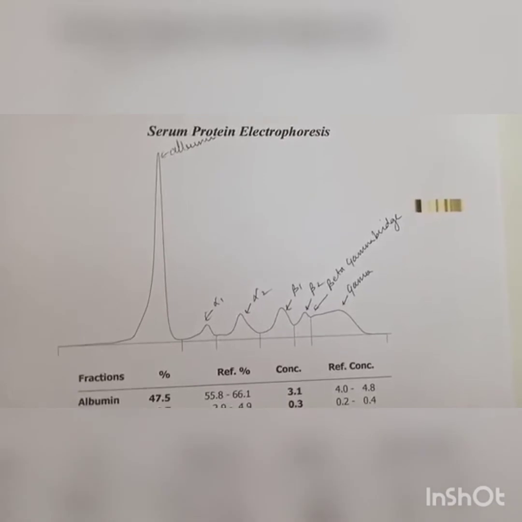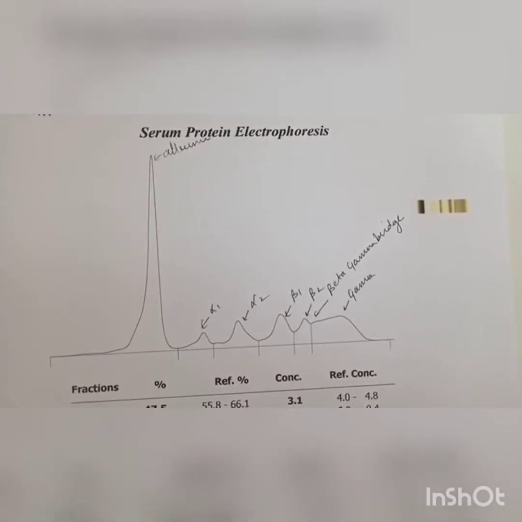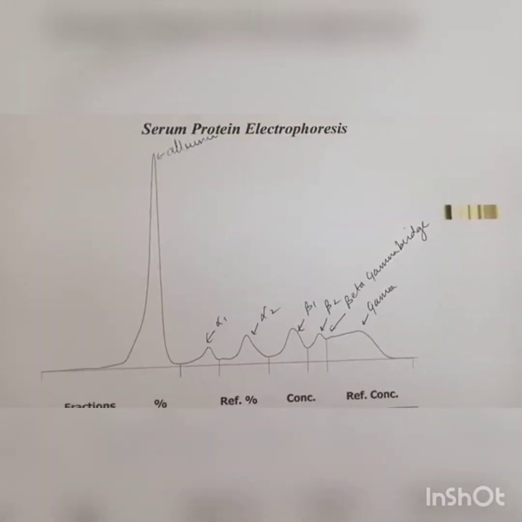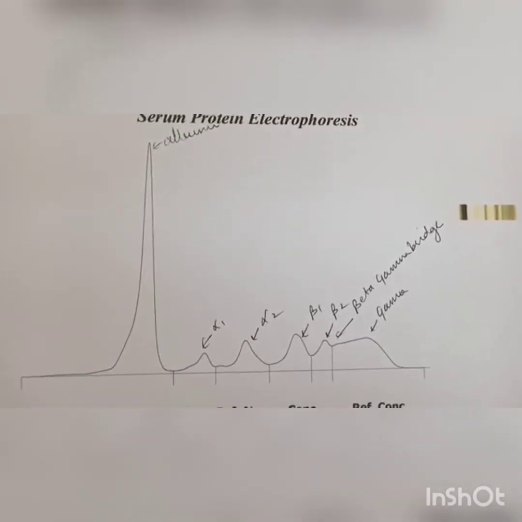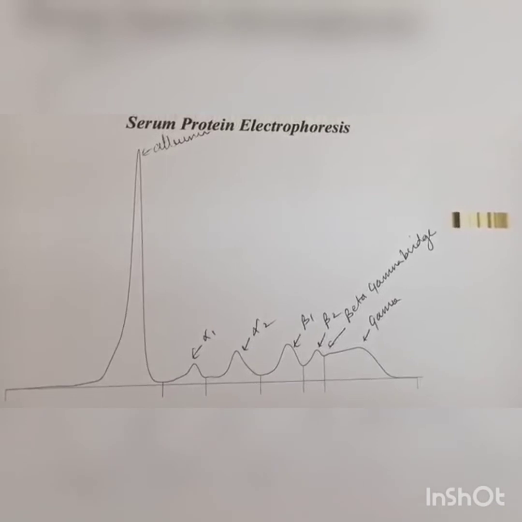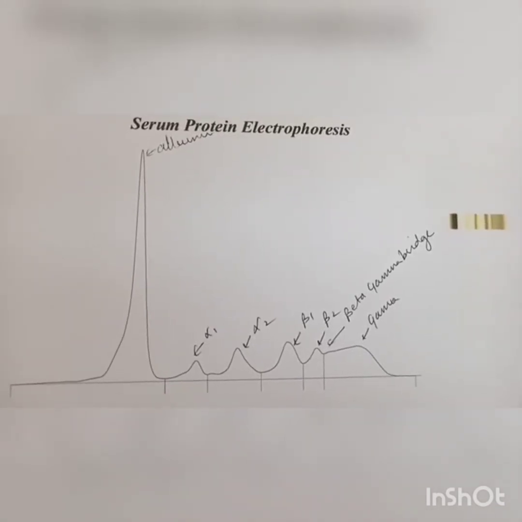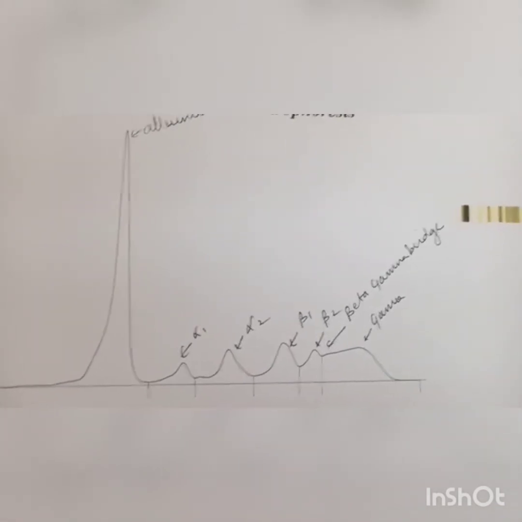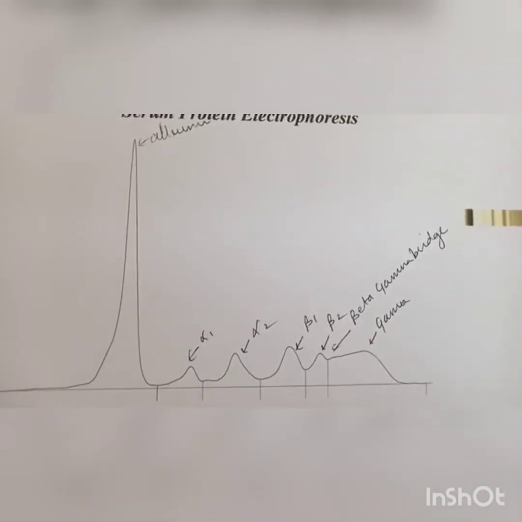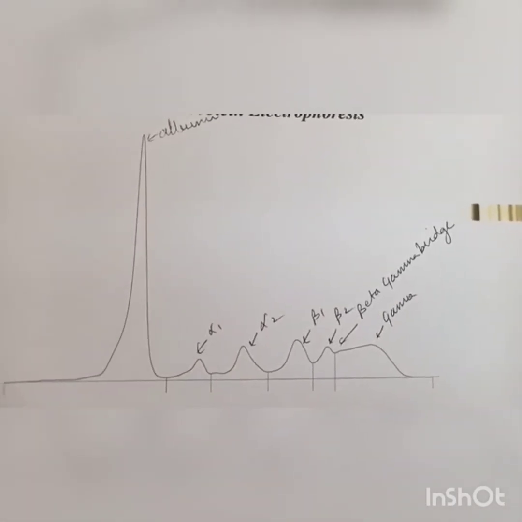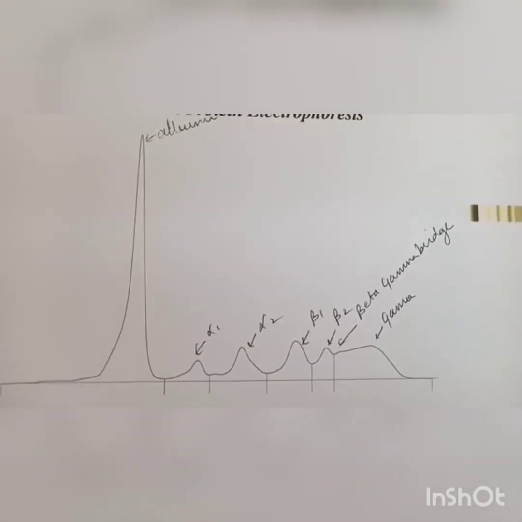Hi everybody, this is a small graph of serum protein electrophoresis which shows albumin, alpha 1, alpha 2, beta 1, beta 2 and gamma region. If you see very clearly, there is a small bridge between beta 2 and gamma, that is a beta gamma bridge. This is mostly seen in